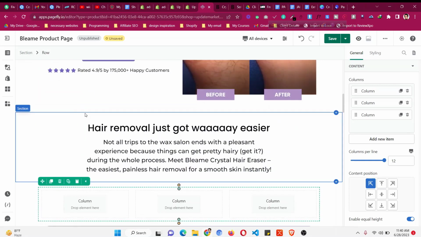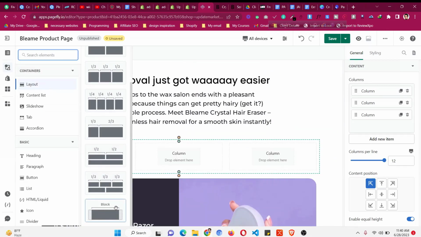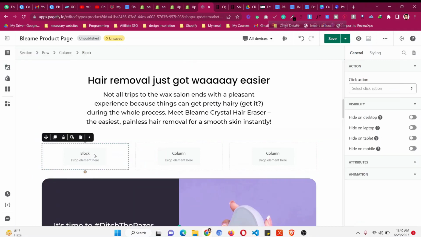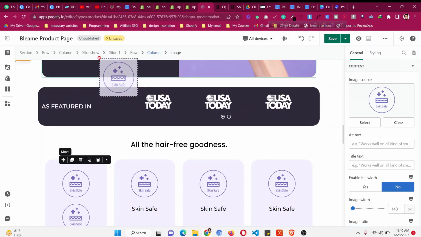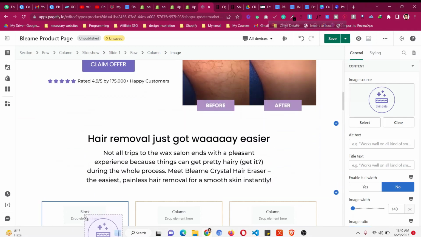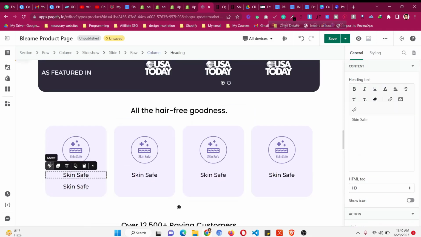Okay, so for this we'll click on add element and take a block. Okay, and under that block there will be an image. So I am just showing you for example. I will not make this again same to same because you understand the basics, and click on then this,